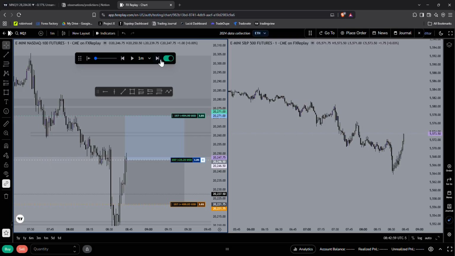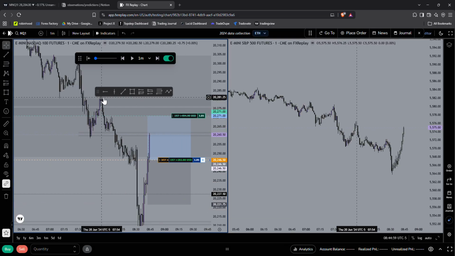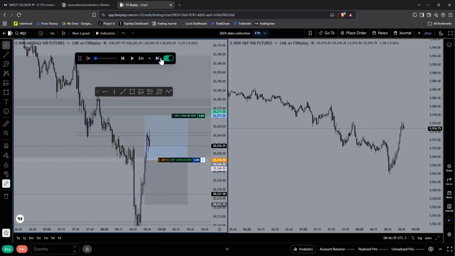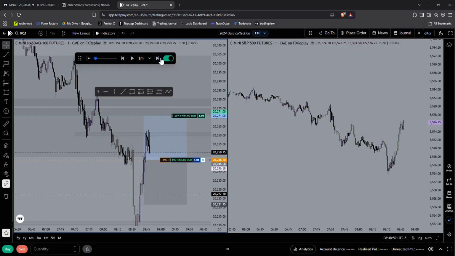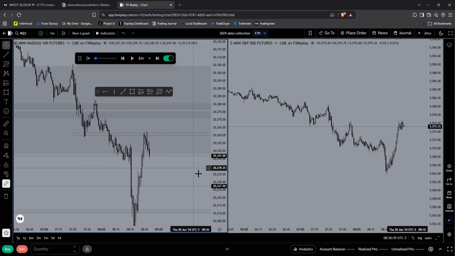Break even that 15-minute gap. Break even 1-to-1 right here. I can target higher here, but this is also where that 30-minute gap is. Hold, hold, hold. Oh boy. Okay, break even on this trade.